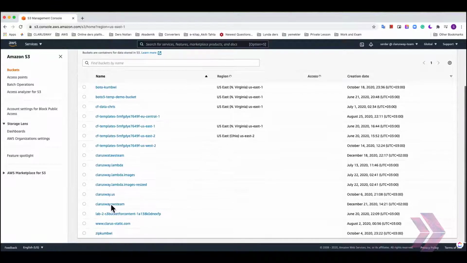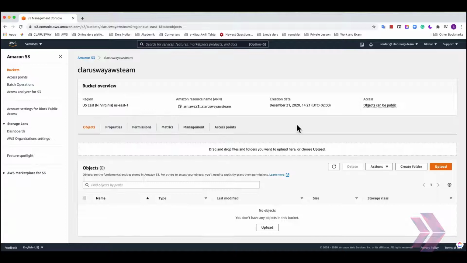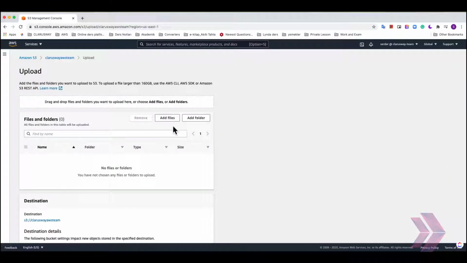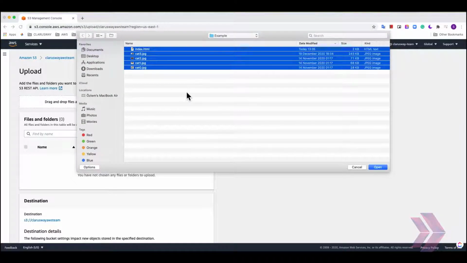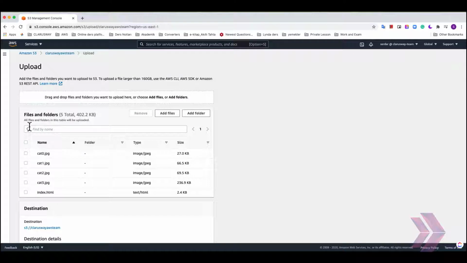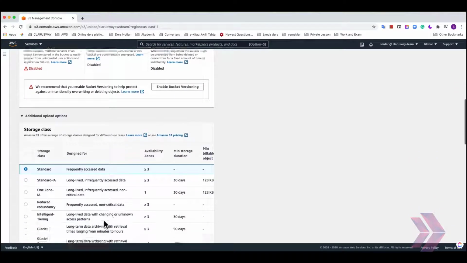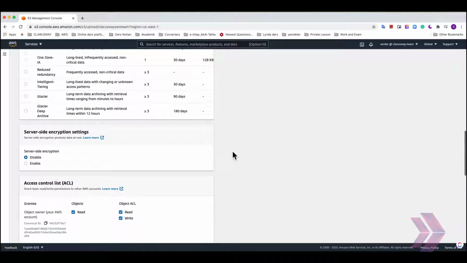And go to the bucket that you created and upload your files and add files. Click the add files and select your files. Yeah, here they are. I'm gonna use standard storage class for this, and come to the